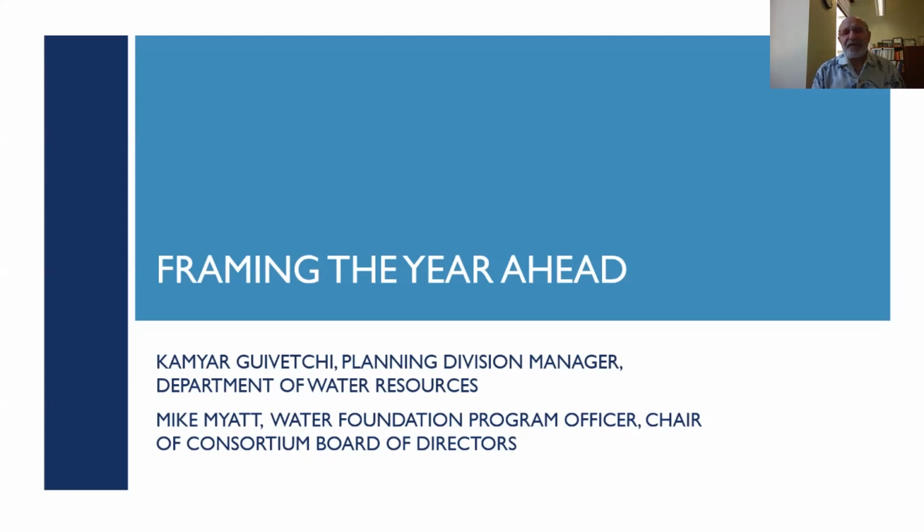Also, we've now really set the table for the partner agency team and state agencies to work with the board of directors of the consortium to convene the steering committee of the consortium and begin working on data user work groups and technical work groups. The state agencies are committed to be part and parcel of the Water Data Consortium moving forward. And even in the last year, we have been working together on some initial pilot projects, most notably working to streamline how water data is reported to the state of California. You've also heard about the Internet of Water, and we've been working with them on pilot projects, and they now have put together what they call a state agency peer-to-peer network, and we're going to be very active participants in that. And so now I'd like to turn it over to Mike Myatt,